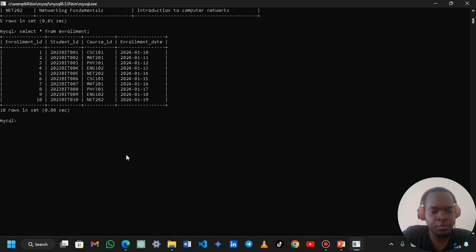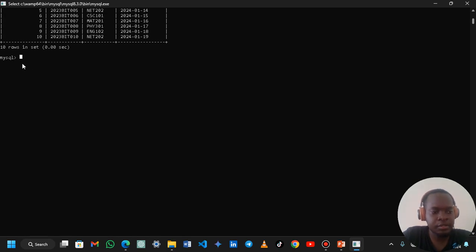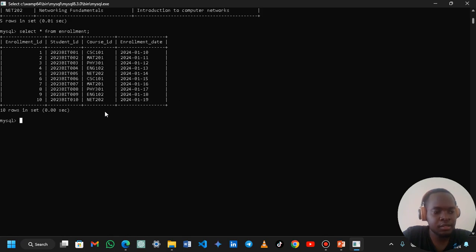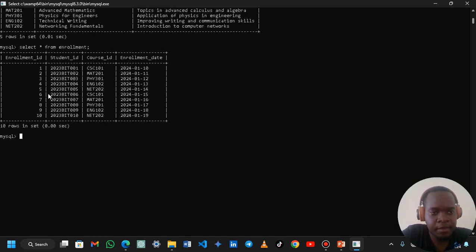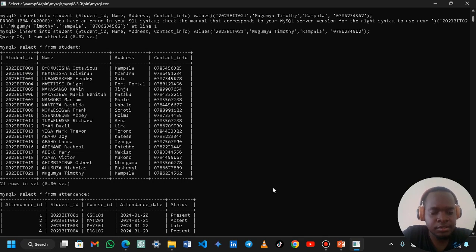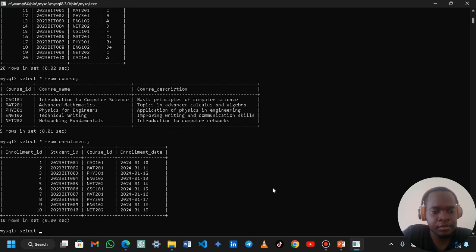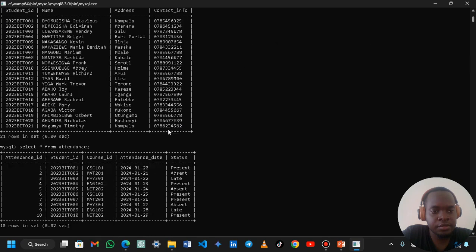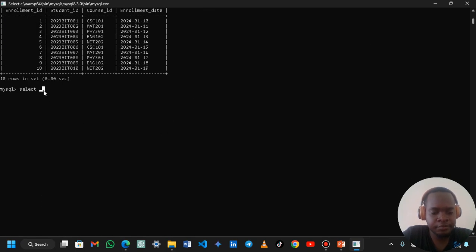So we shall do some small queries here as we wind up querying this database, as the data was predefined and I've explained how you can put data into the tables. For example, since Timothy was our last student, let us get from the students table all students that are from Kampala. So we shall select the field we want, the name, from the table, which is student,